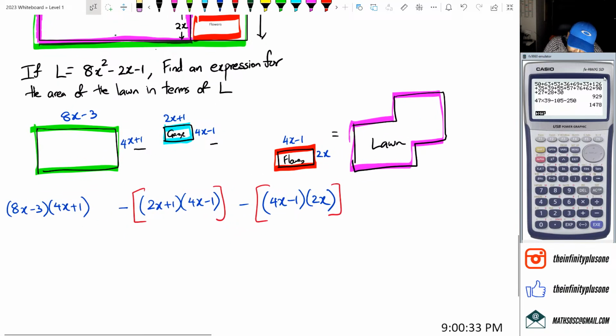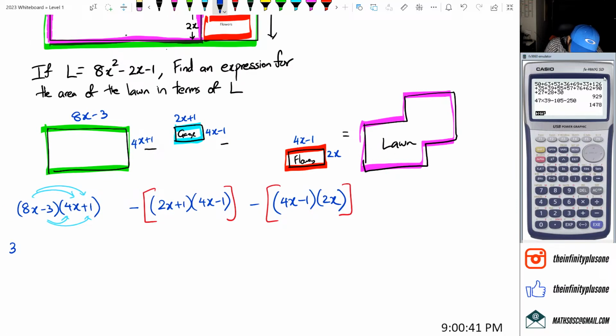So the next thing is expanding each of these brackets and then simplifying as far as I can. So I'm going to get 8 times 4 is 32x squared plus 8x minus 12x minus 3, minus, and I'm going to put this big red bracket and expand these brackets now,